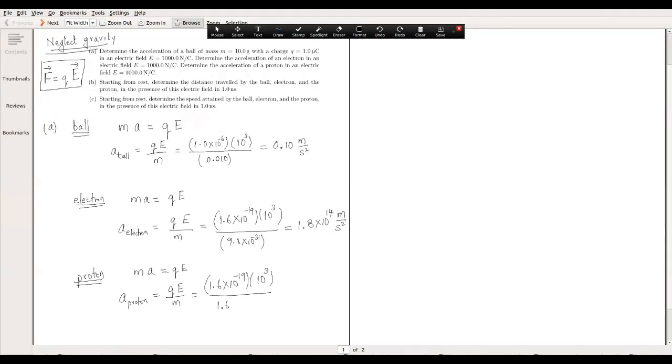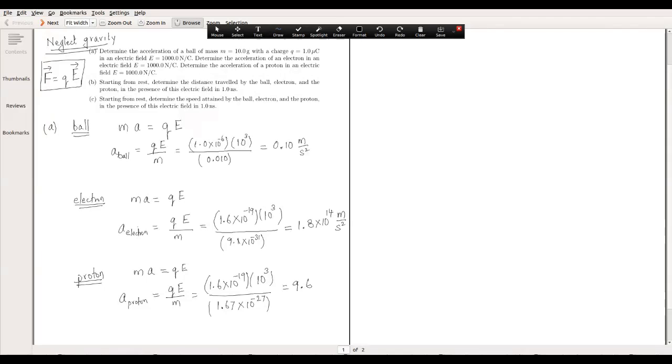It's 1.67 times 10 raised to minus 27. A smaller negative order means that it is actually heavier. The proton is heavier than the electron, and that gives us 1.6 divided by 1.67, and that's 9.6